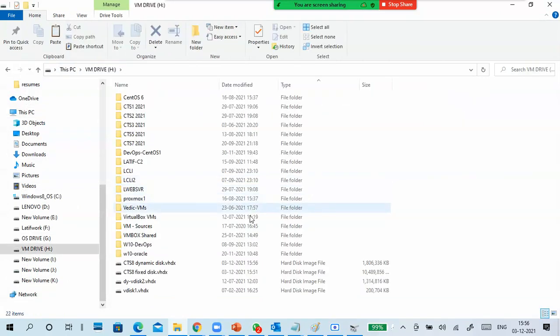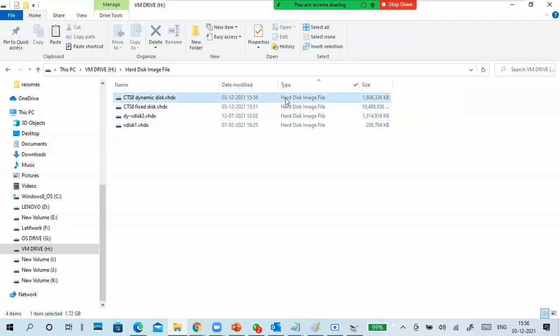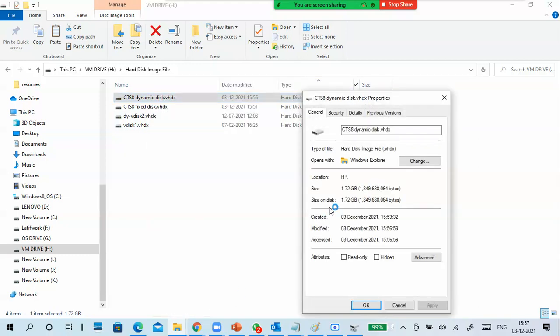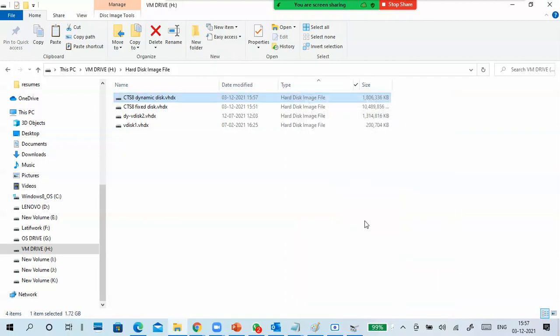Even if you go to the H drive, now it is showing 1.8 GB. Earlier it was 4 MB, now it is 1.72 GB. What happened? If I keep putting data, this disk will expand.